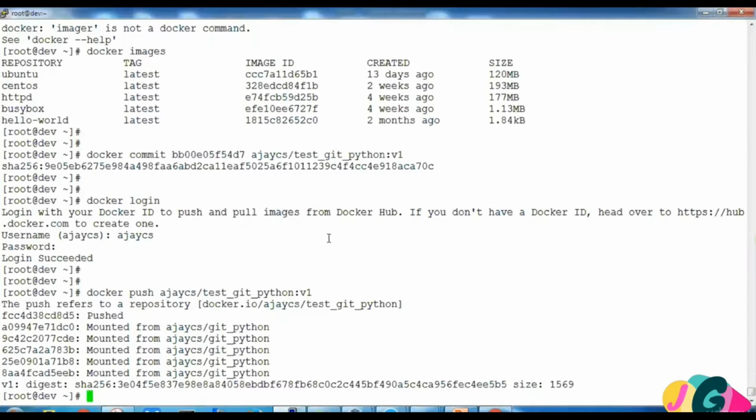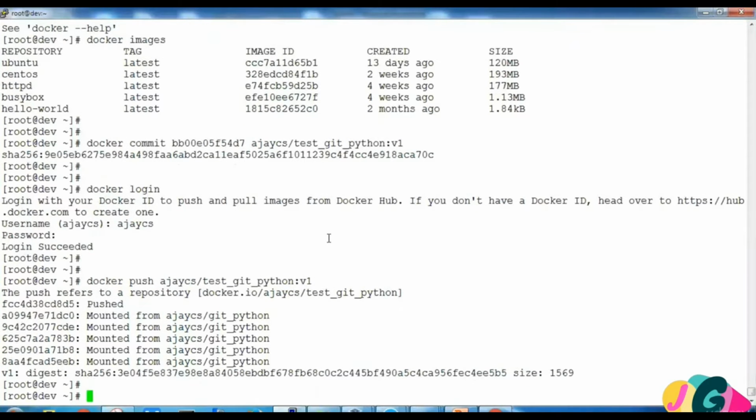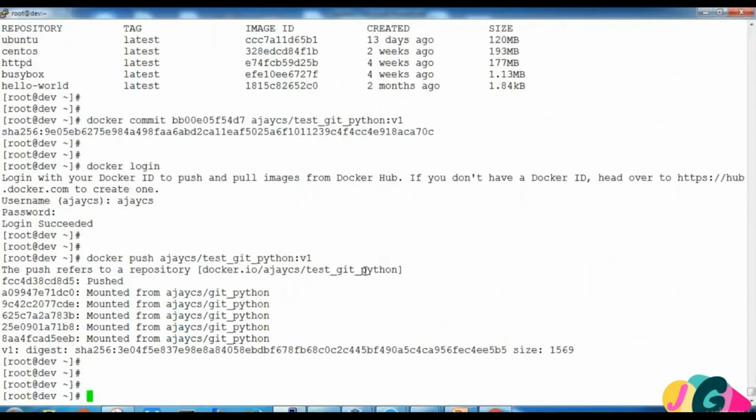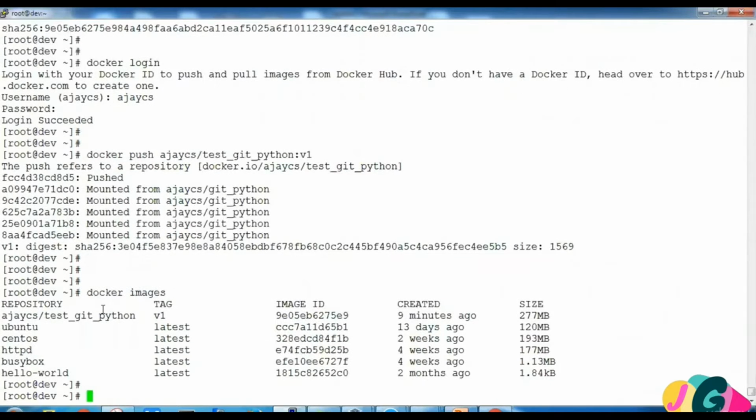All right, so we have successfully uploaded our image to Docker Hub. So let's check our images, and we'll remove the local image. For that, we'll use docker rmi, that is remove image, and the image name.